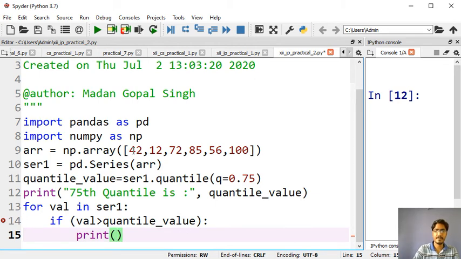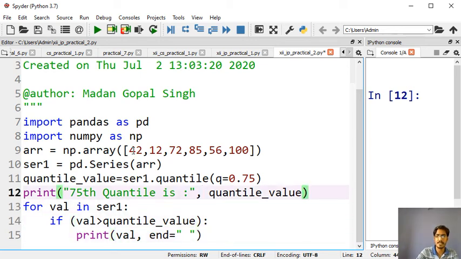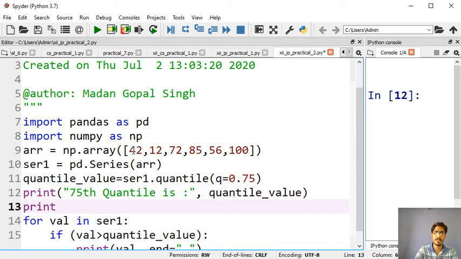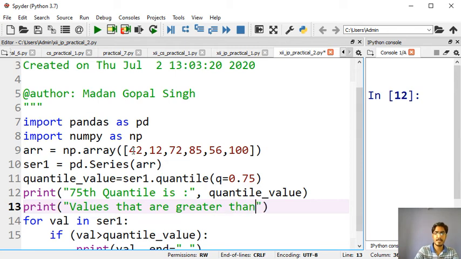Print this value, that is our value, and I am using the space so that it can be seen in a single line. Print values that are greater than 75th quantile.